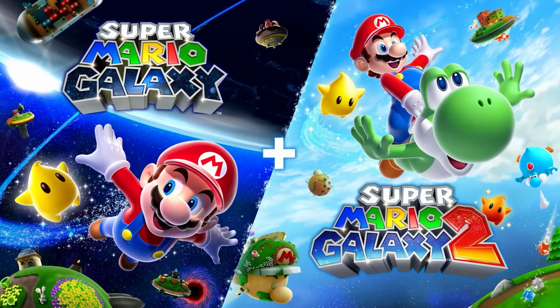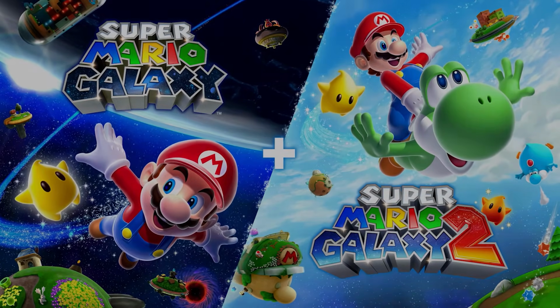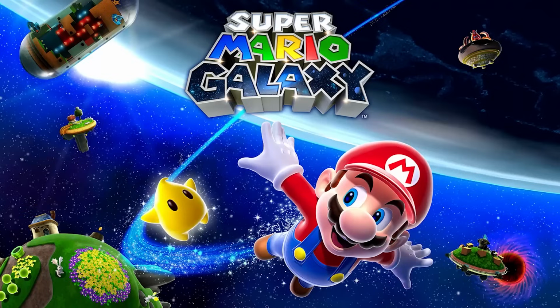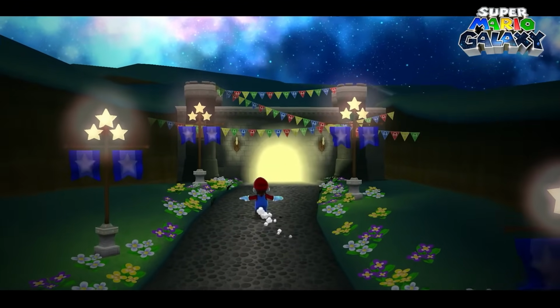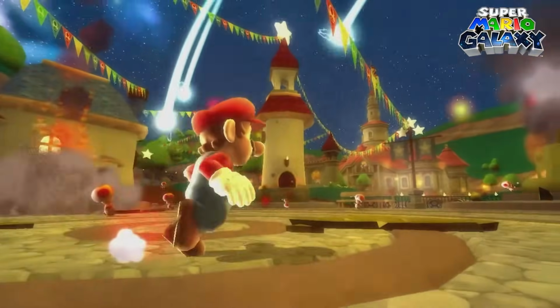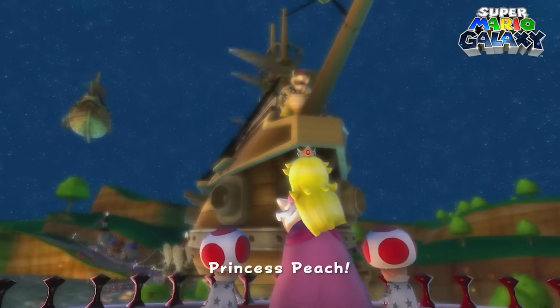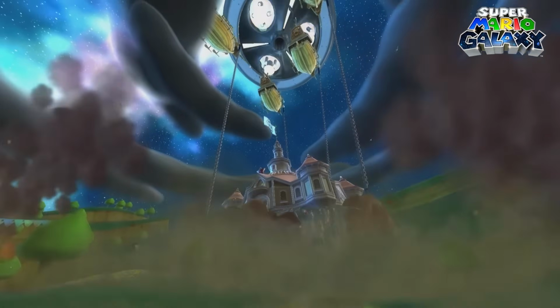Now, we just got a Nintendo Direct where they announced the Super Mario Bros. 40th anniversary plans. This includes the collection of Super Mario Galaxy plus Super Mario Galaxy 2, and with this announcement and also with the lack of an announcement for the next 3D Mario, and also with Donkey Kong Bonanza having been made by a big part of the Odyssey team, many are left thinking that the next 3D Mario adventure